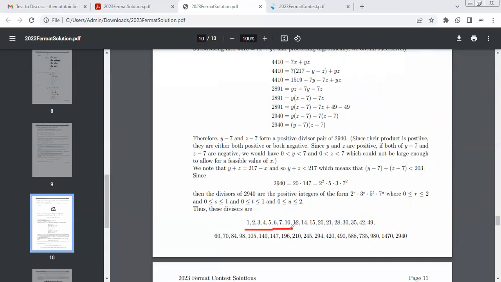So these are the divisors. And I also told you that 2940 can be divided by 10 also. You need to write their product as well. For example,